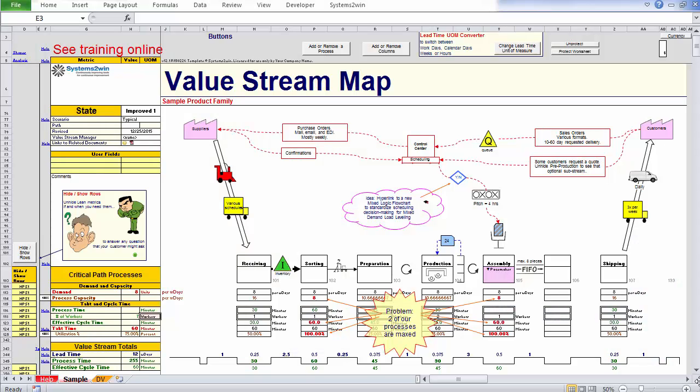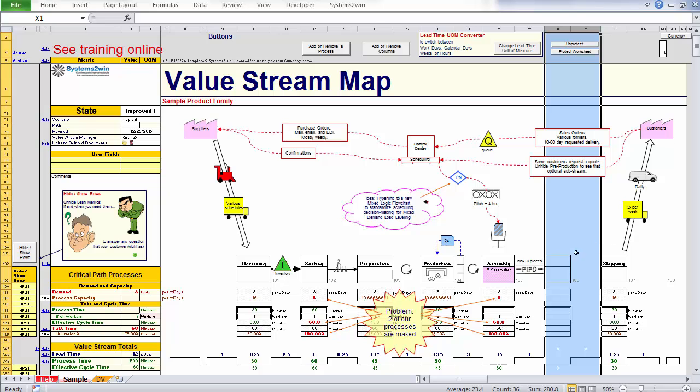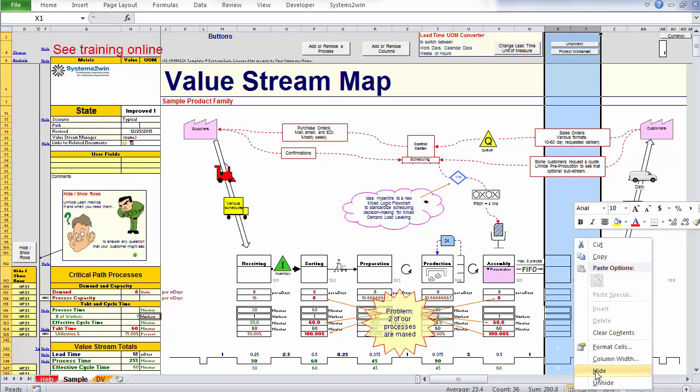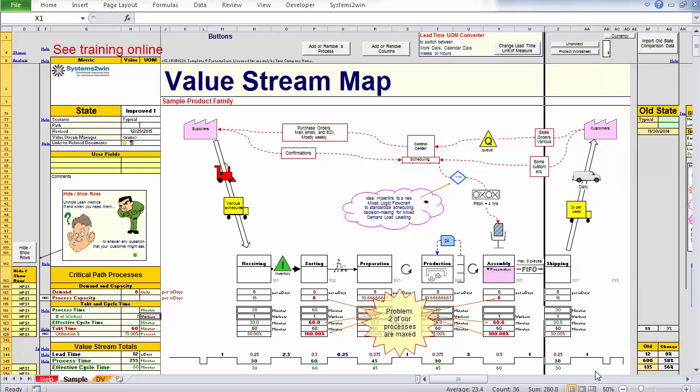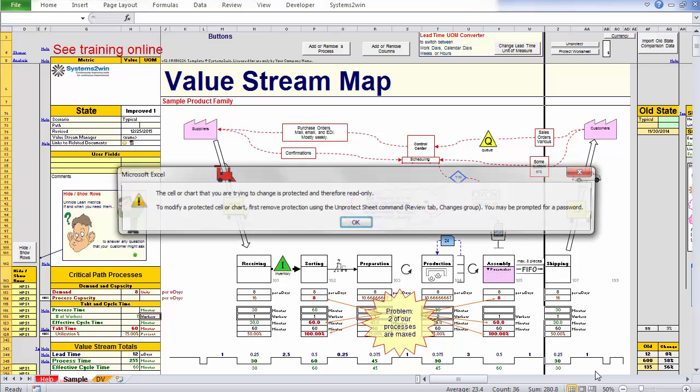Okay, let's use this sample worksheet of our value stream mapping template to learn how to add and remove processes. So let's start by removing a process. Notice on the sample you've got this pair of columns here for process 106 that isn't even being used. You're saying, gosh, that's ugly, let's get rid of it. So you could, of course, just hide those columns, and you know how to use Excel, but we don't want to do that. We want to get rid of those columns altogether instead of hiding them.